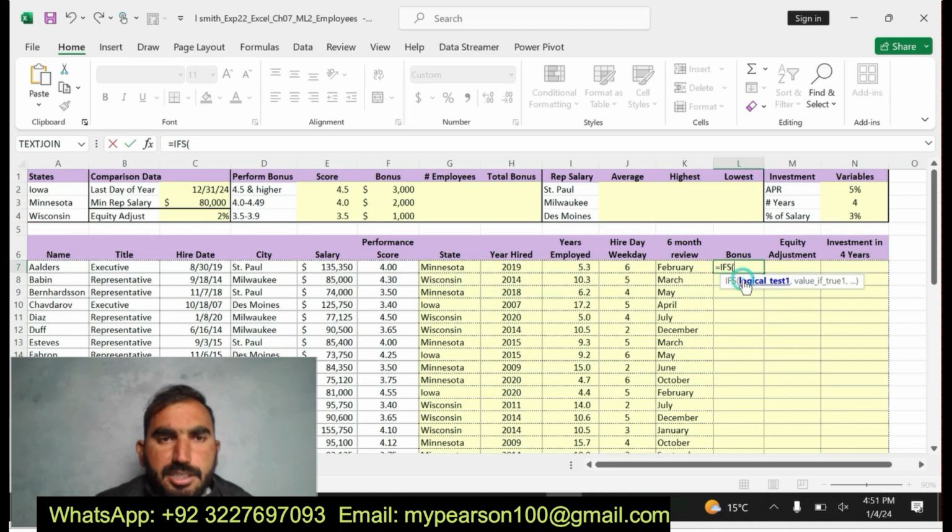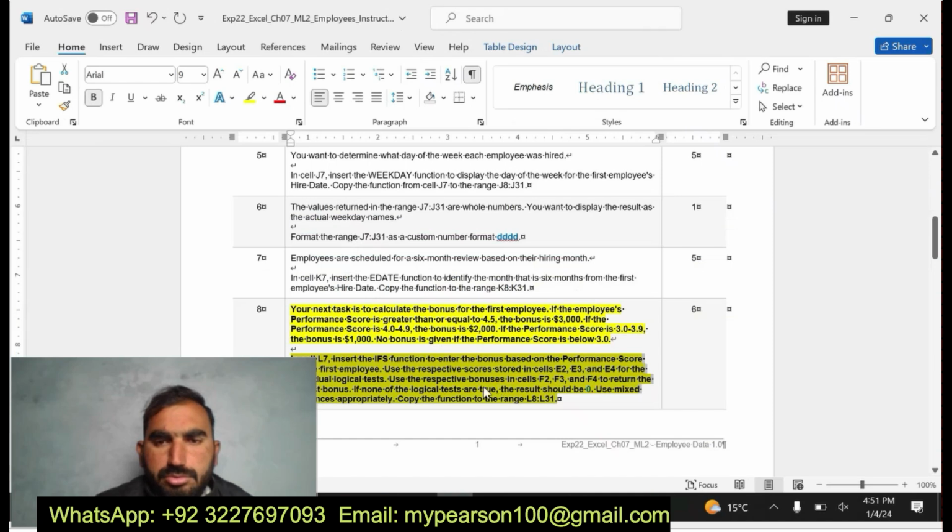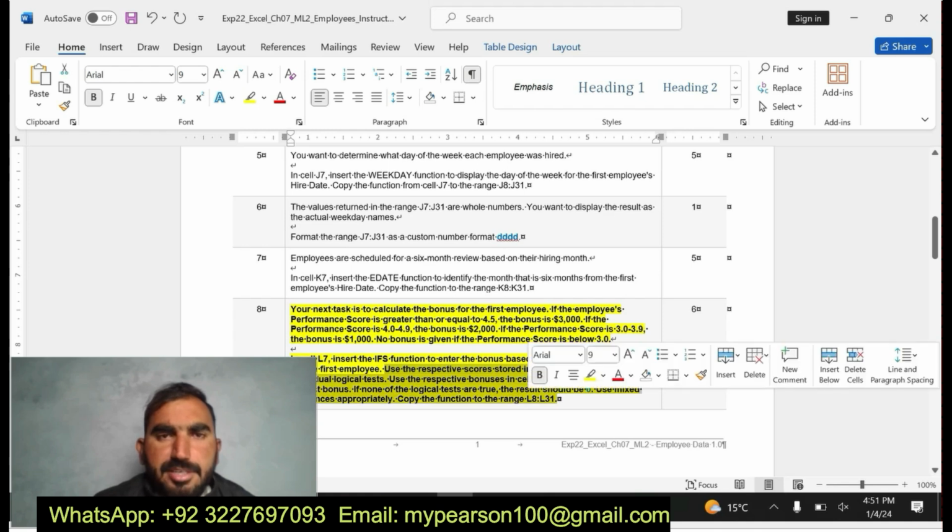I am going to apply the IF function. You can see here F7 greater than or equal to. Okay, you can see here I am going to do step number 8 of the EXP22 Excel Chapter 7 ML2 employees.